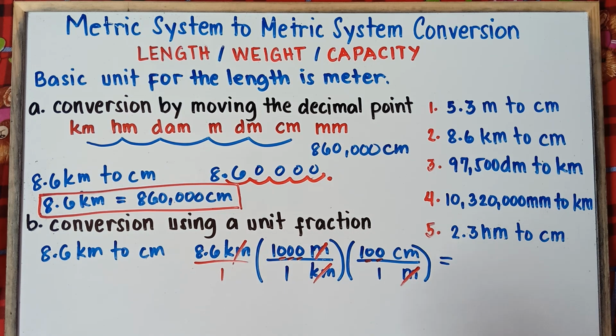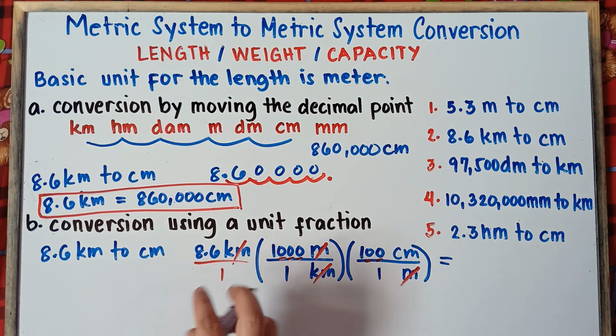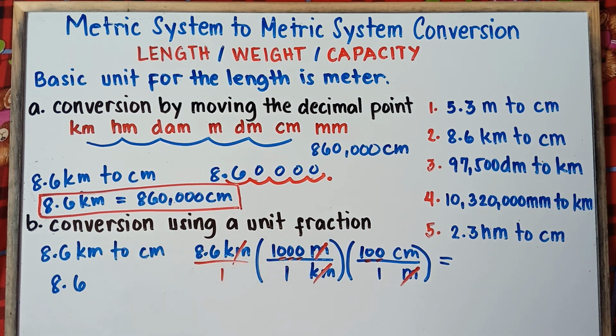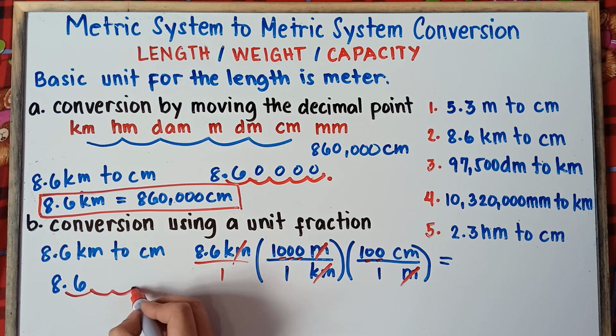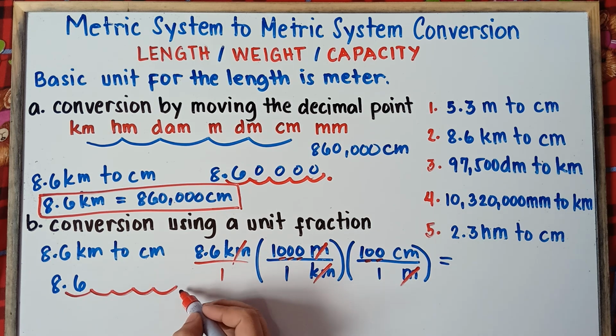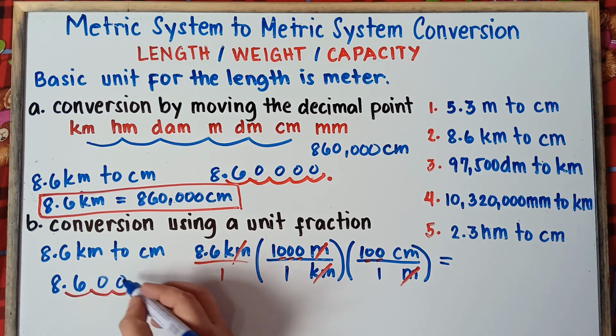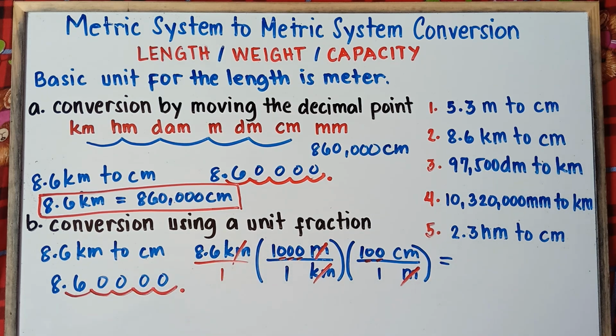If you're multiplying by 1,100, just simply count the number of zeros. So 1, 2, 3, 4, 5. Therefore, we need to move 5 units going to the right. So starting from the decimal point in 8.6, move 5 units going to the right: 1, 2, 3, 4, 5. And the decimal point will be here. So therefore, we need to add how many zeros, class? That's correct. That would be 4 zeros: 1, 2, 3, 4. Therefore, the answer is